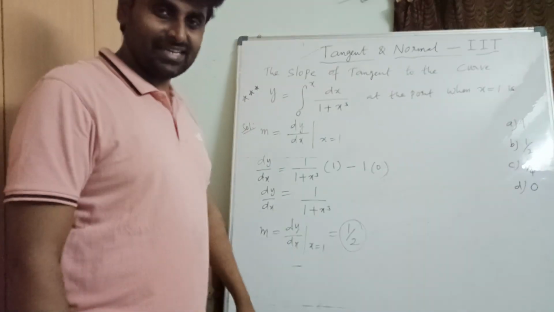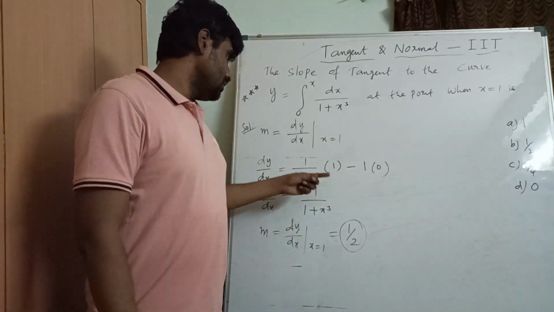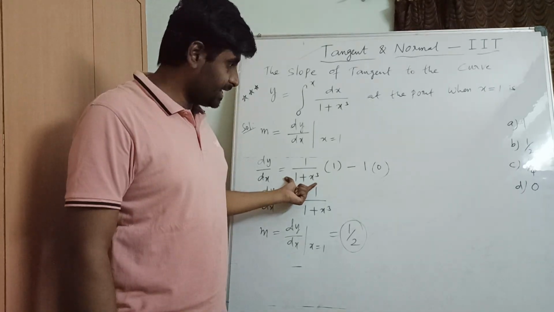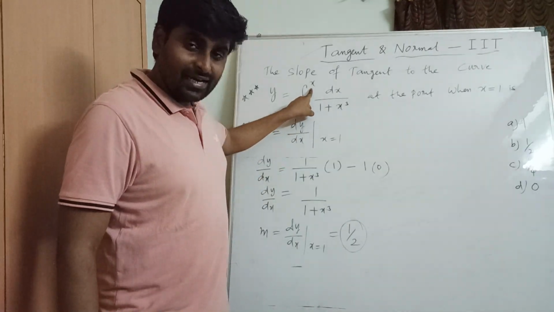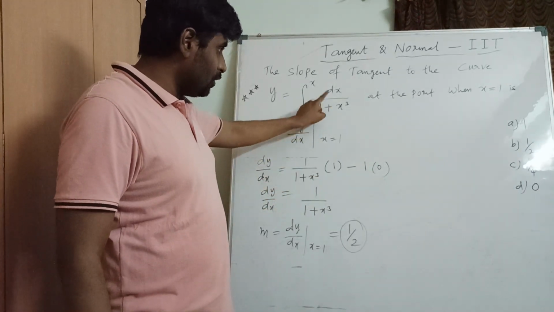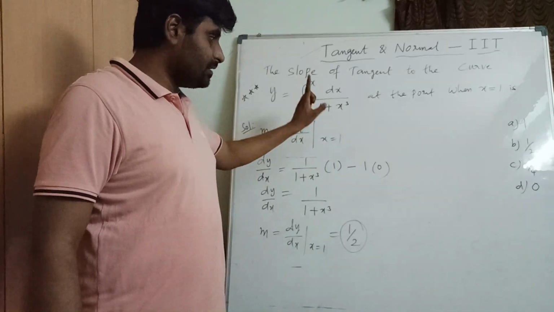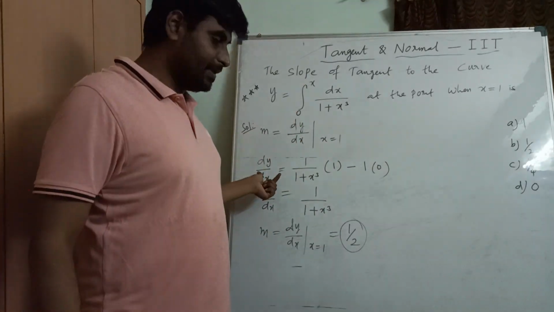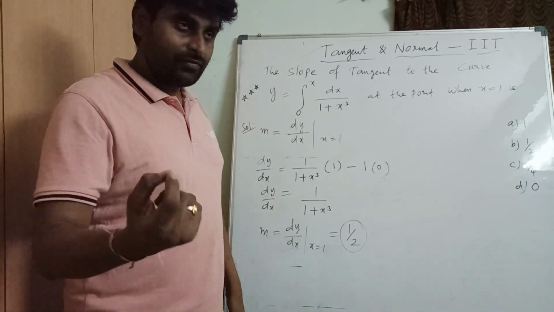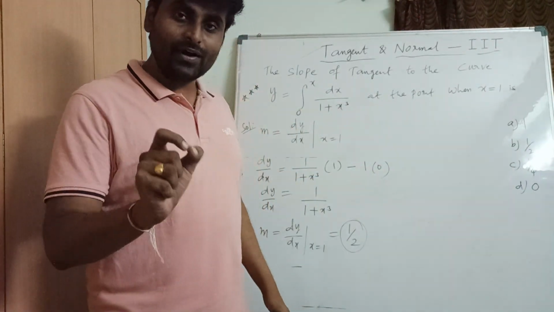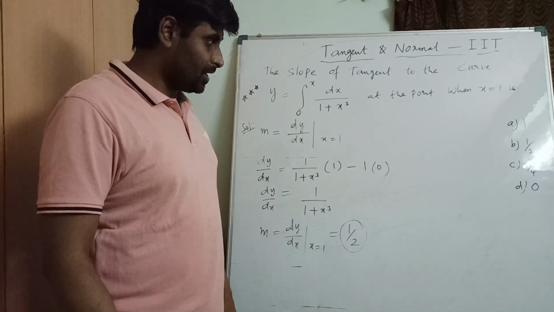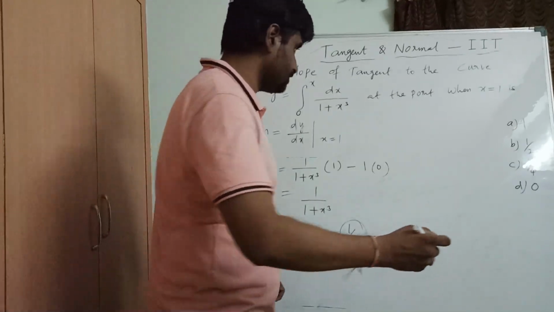See, the solution is very easy when you know the formula for the Leibniz rule. Let me explain once again. Functional value of upper limit into derivative of upper limit, minus functional value of lower limit into derivative of lower limit. That's it. Then we can get dy by dx for that definite integral problem. After getting dy by dx, we substitute x equal to 1, which we know, to find the slope of tangent. Clear? So hope you have understood. Pause the video and make a note of it.